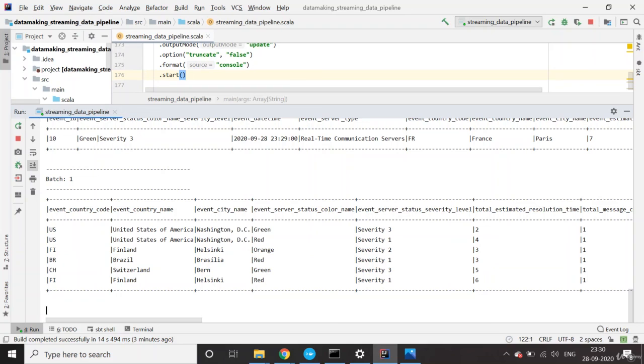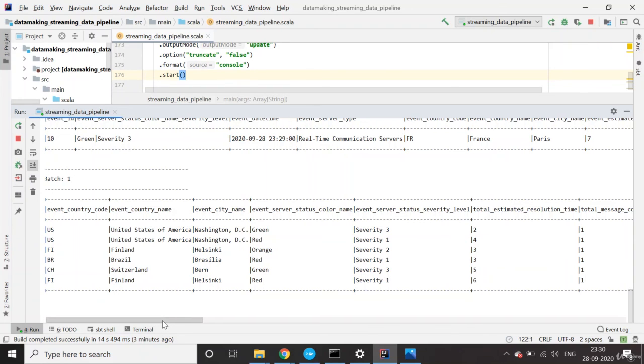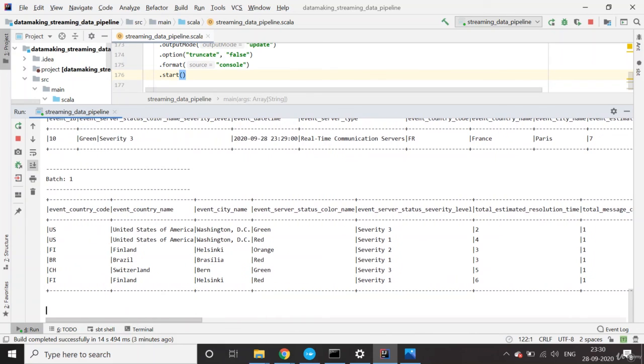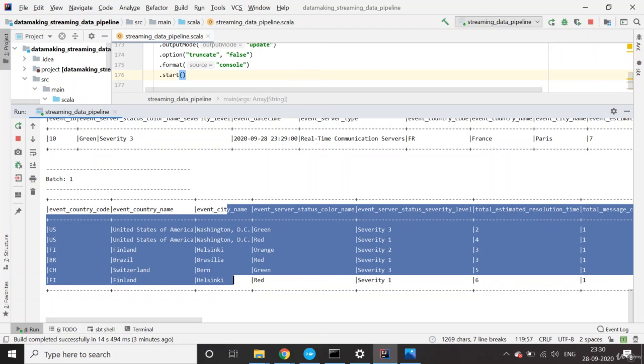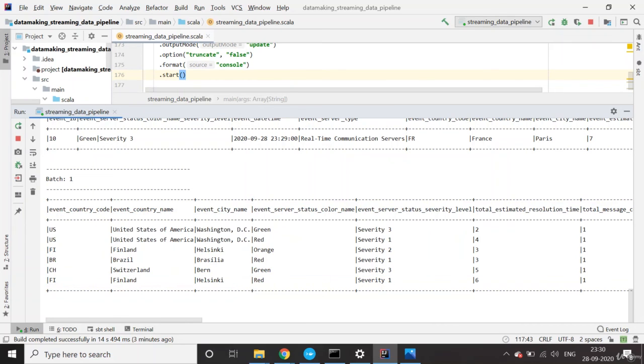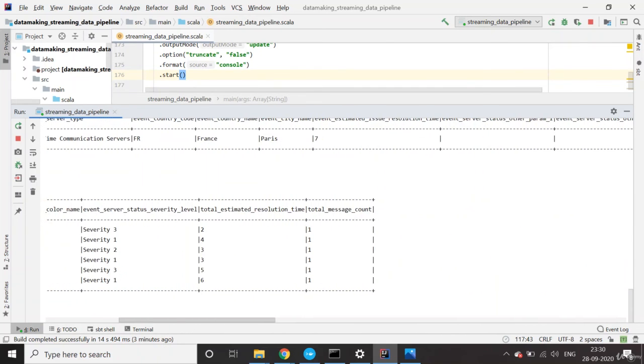This aggregated data has only the country code, country name, and the city name. So the data has come from USA, Brazil, Switzerland, and Finland. These are the severity level and other stuff.